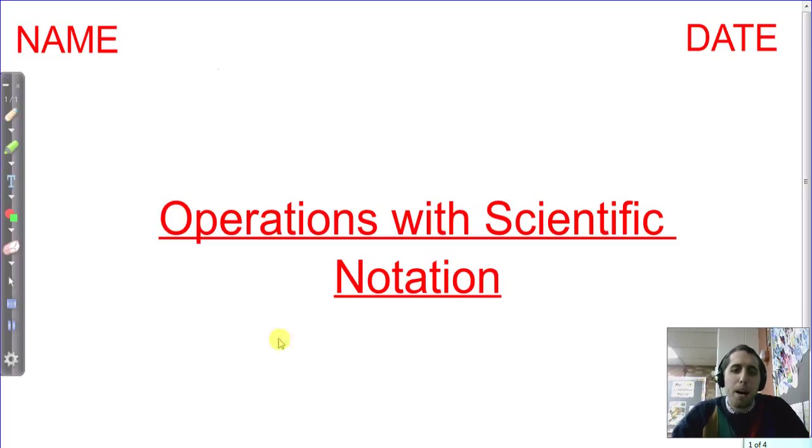Welcome. Today we're talking about operations with scientific notation. So we already know how to put numbers into scientific notation. We already know how to take numbers out of scientific notation and put them in standard form. But we also need to know sometimes you have to multiply or divide or add or subtract numbers that are